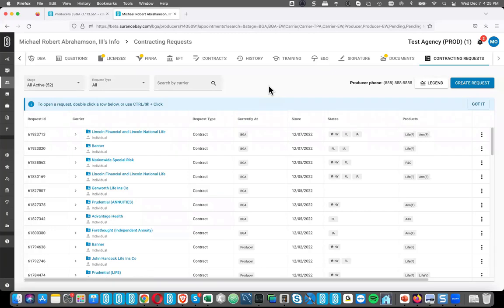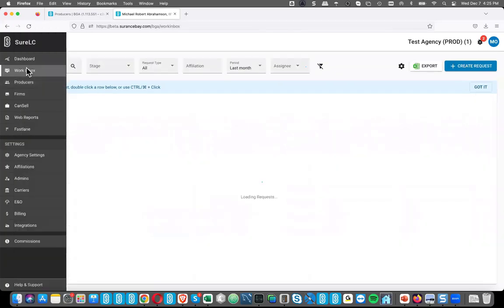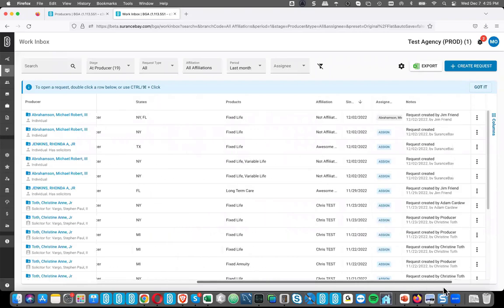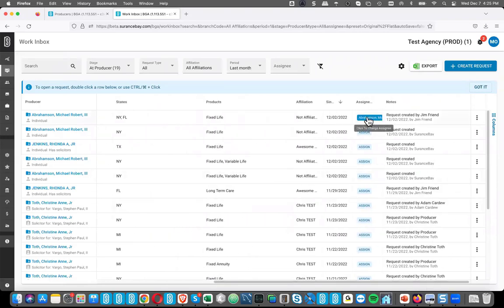So in the work inbox, if you choose to use the new assign feature, will agency workers who the contract is assigned to get notified? They will not. This is a very rudimentary beginning of assigning things. There's no task management or notifications or anything that accompanies this. This is just being able to assign these specific requests in the work inbox. It's just a way to categorize and filter them.